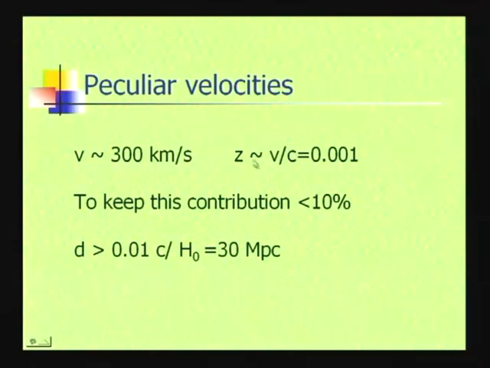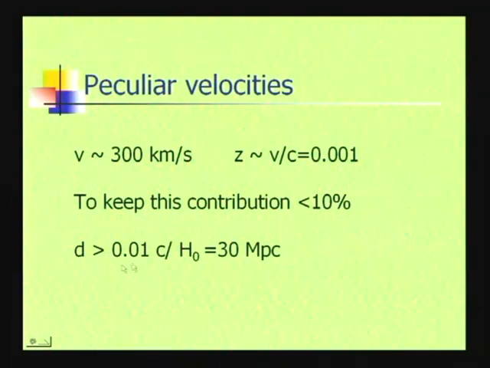If the Hubble expansion redshift is 10 times this, then the errors that can be introduced due to peculiar velocity will be less than 10%. Which tells us that you have to go to a redshift of 0.01, 10 times this value,